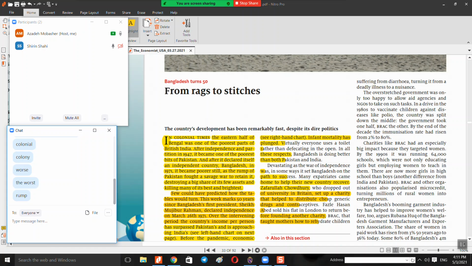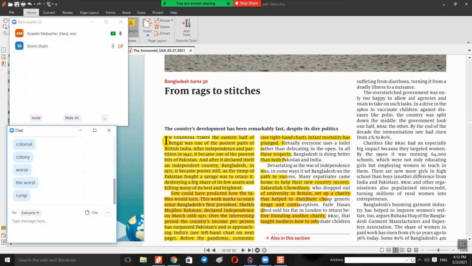First, they were a part of another country. Okay, what country? That's the important part. Great Britain? No, that's the colony of India. Great Britain is not a part of the country. British India. Not India, but Pakistan. It was part of Pakistan at first, right? After the partition. We talked about the partition. It became one of the poorest, an independent country. Yes, it separated from Pakistan.